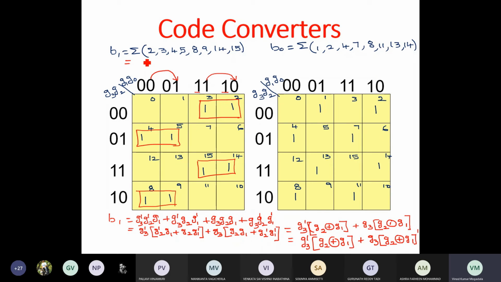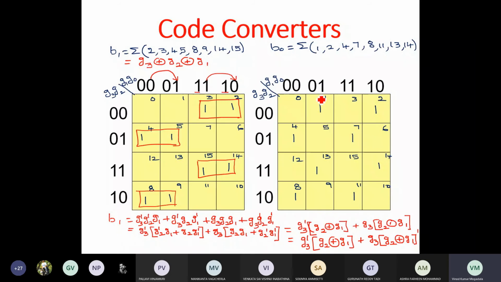So you can write B1 as G3 XOR with Z2 XOR with Z1, right? So this is Z3 prime X plus Z3 into X prime. So this is again XOR operation. That's why we are able to write B1 as G3 XOR with Z2 XOR with Z1, right?